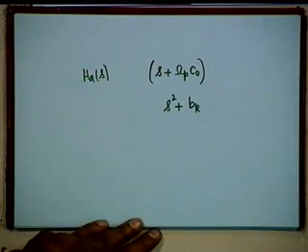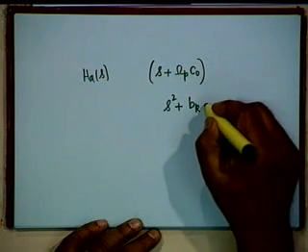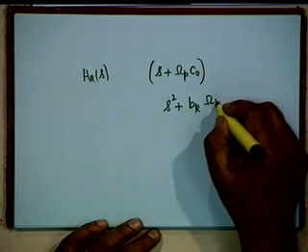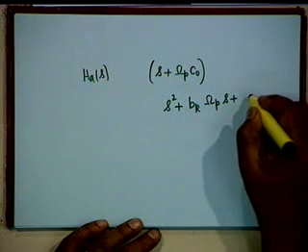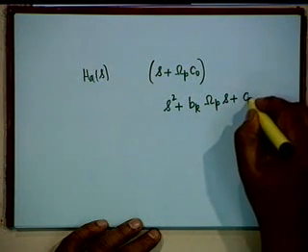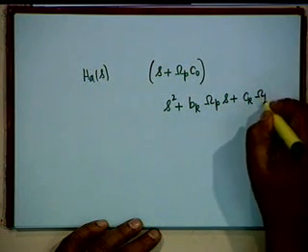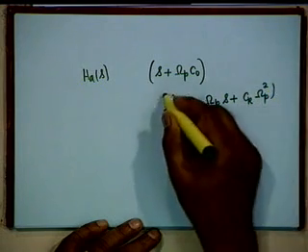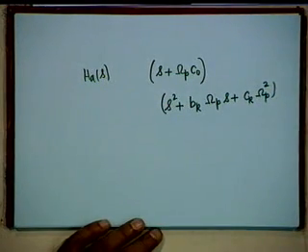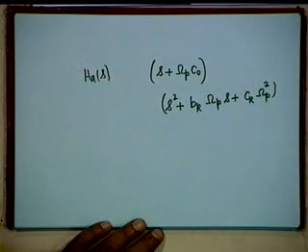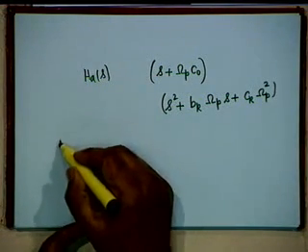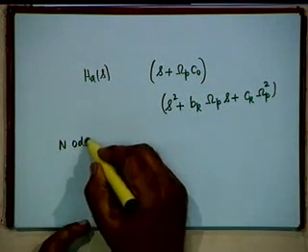Bk's are different, we shall illustrate them a little later. These are the pole factors, these are the factors in the denominator. In other words, when capital N is odd,